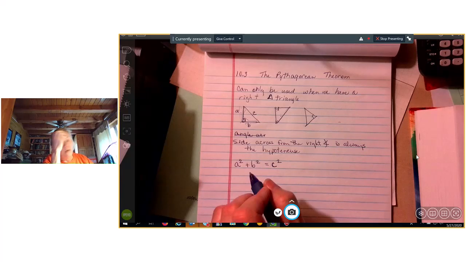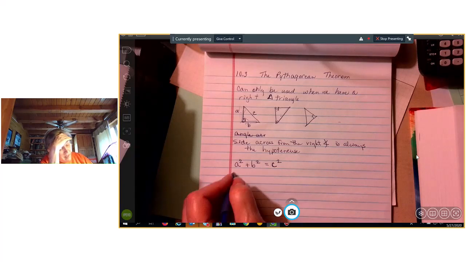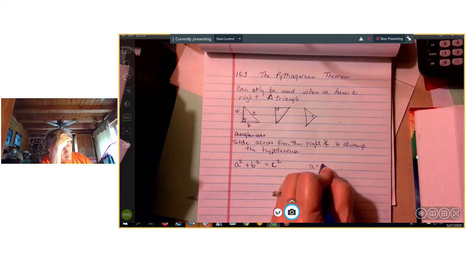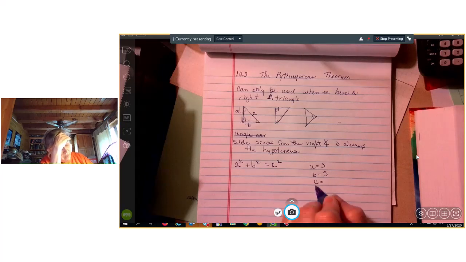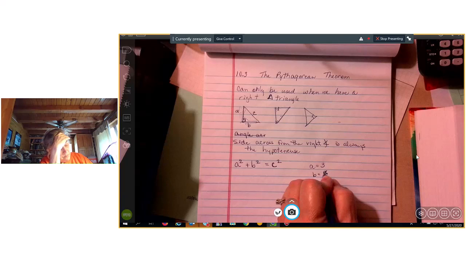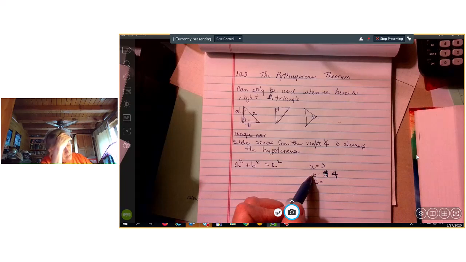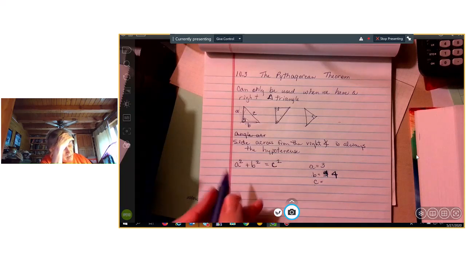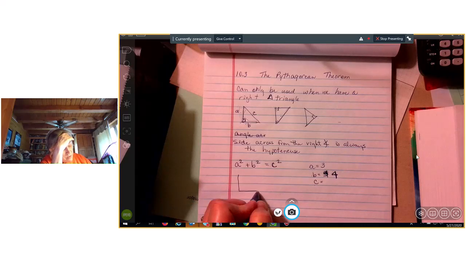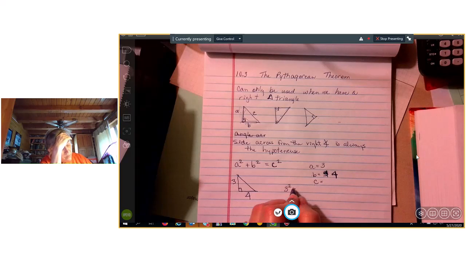Now, some of these are pretty common. One of them is if A equaled 3 and B equaled 5, then C is going to equal what? Or excuse me, B equals 4. A equals 3, B equals 4, and C equals what? Well, I always suggest drawing out a picture. So I'm going to let this be the length 3, this one be the length 4. And if I have 3 squared plus 4 squared equals C squared,